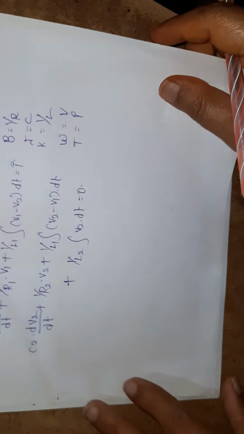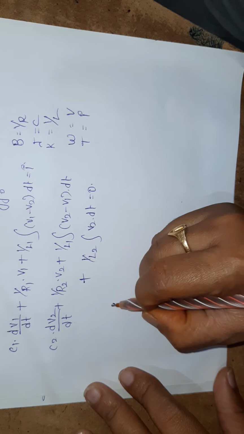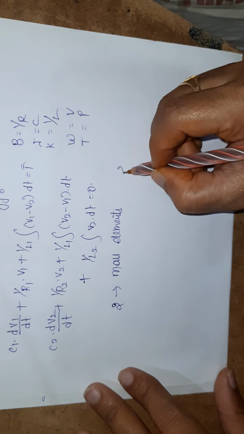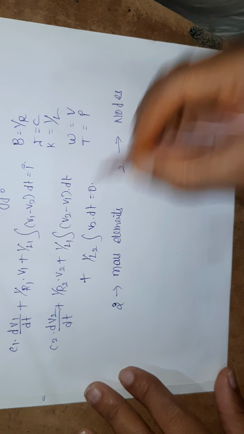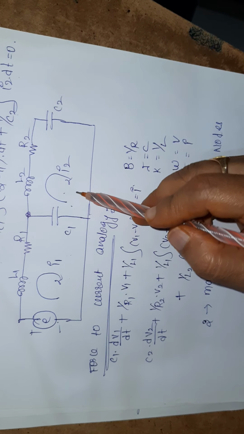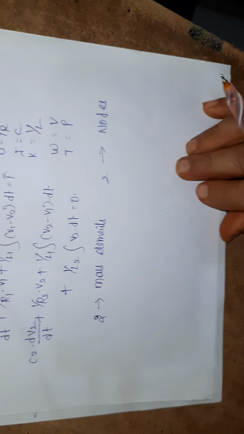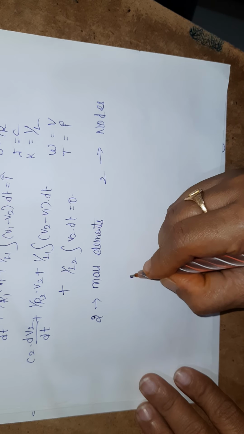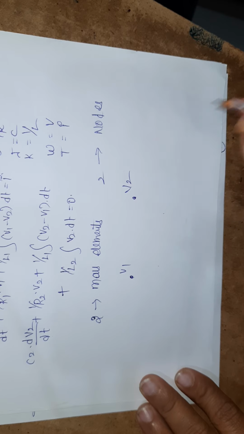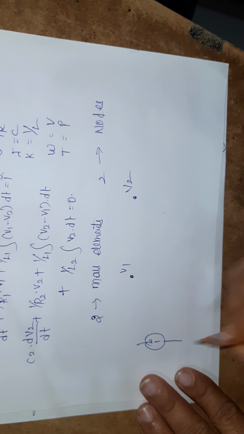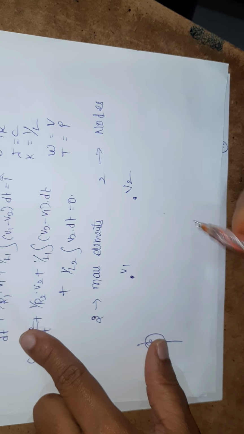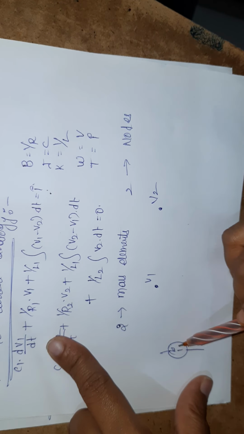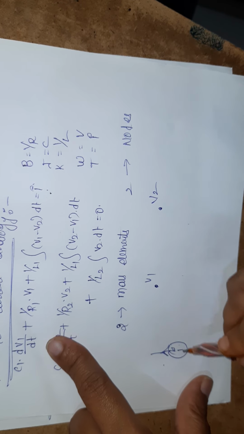Now, draw the diagram. As we know that there are two mass elements, then we'll have two nodes, because as we had two loops in force to voltage, we'll have two nodes in force to current analogy. This is known as V1 and this is known as V2. And what is the source? Current I is the source. So we first consider the equation involving the source, that is I. So this is the source element I, the current that is flowing like this.